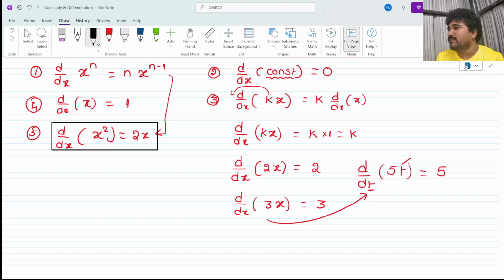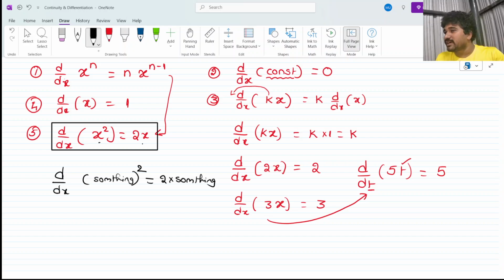Always remember, store x in your mind as something. For example, if I see d by dx of something, anything it might be, squared, I will see it as 2 into something. Since x is there, you wrote 2 into x. Since it is something, 2 into something. But you have to write something extra. What do you need to write extra? Tell me. Into